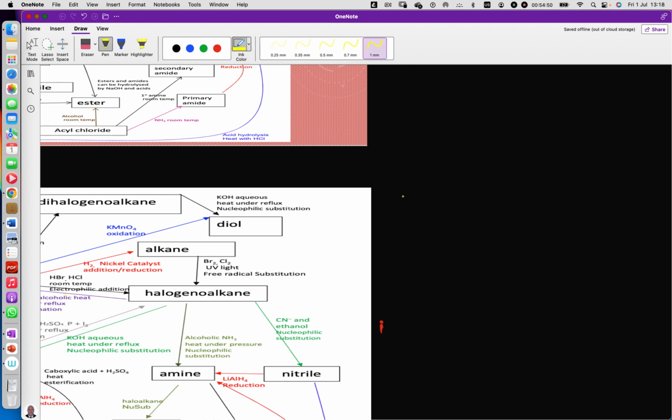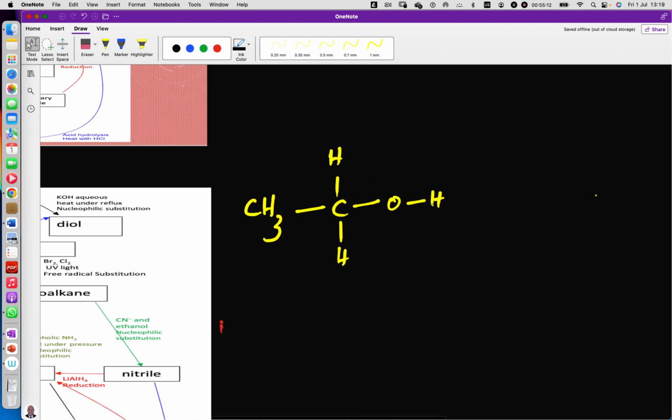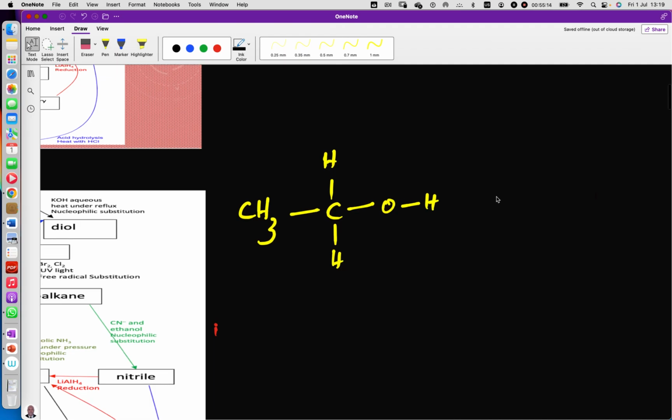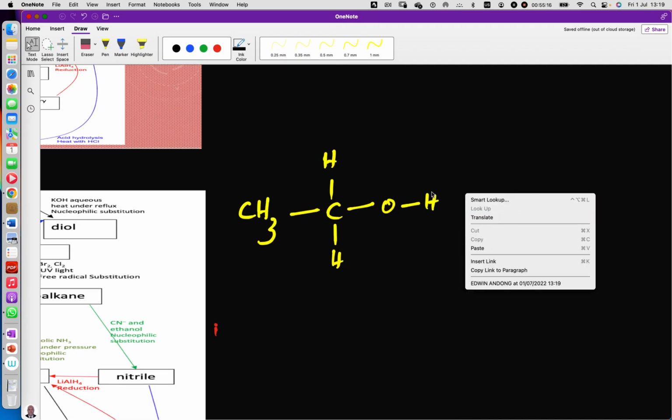We will have ethanol as a primary alcohol. That is ethanol. Now ethanol is undergoing